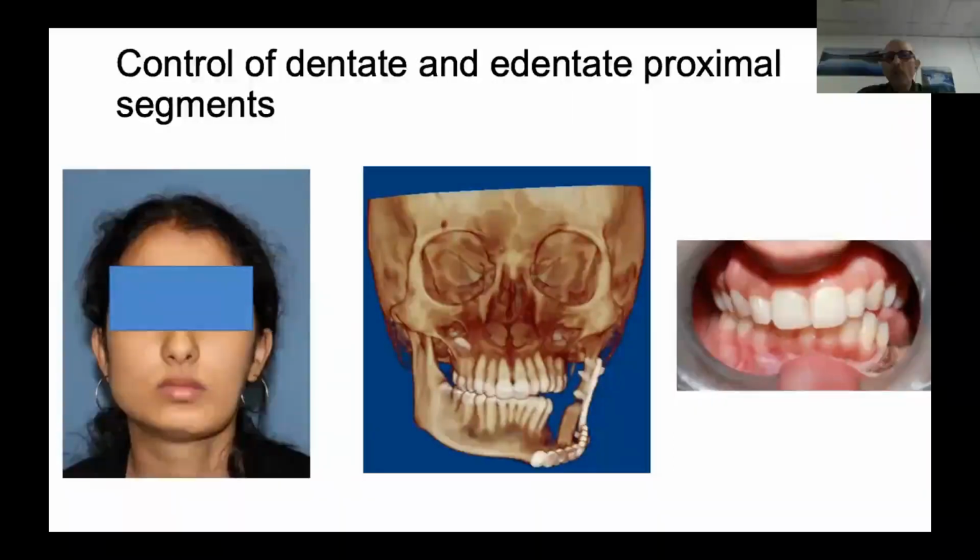Now, the important thing is controlling the dentate and edentate proximal segments. Whatever we do, if you are not controlling the segments properly by some sort of splints or pre-plating, then the mandible drifts because of the muscular pull outside, and you have an open bite here and some malocclusion, which almost always happens, and it's not acceptable in the present case scenario. Although the reconstruction is there, it is a very difficult to correct problem. So to sort that out, we have to